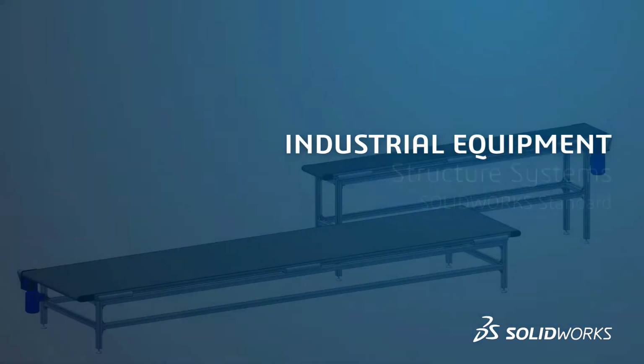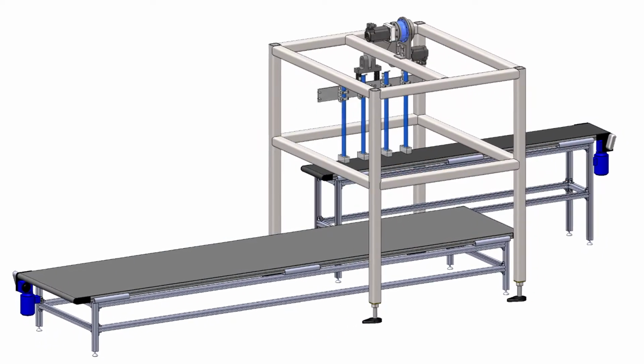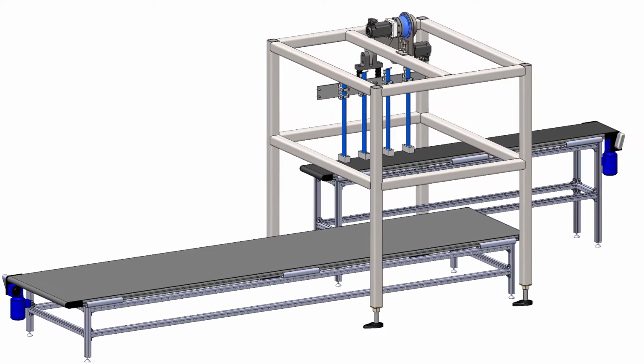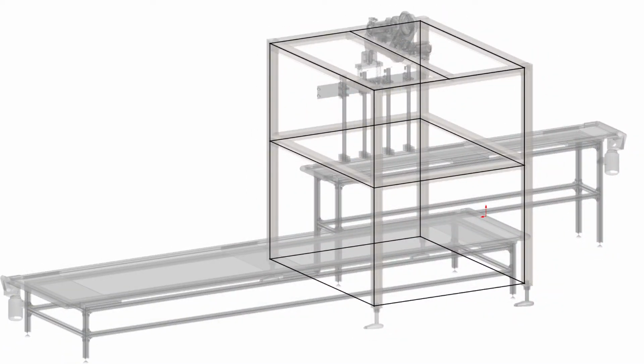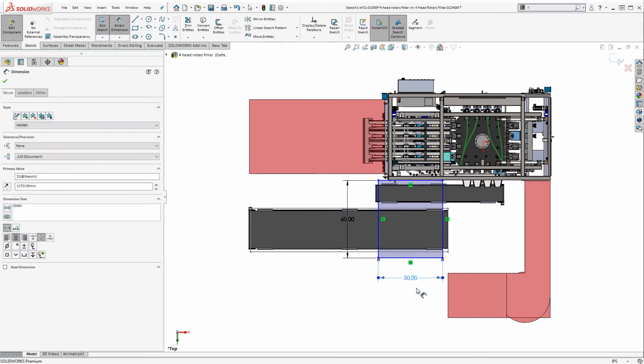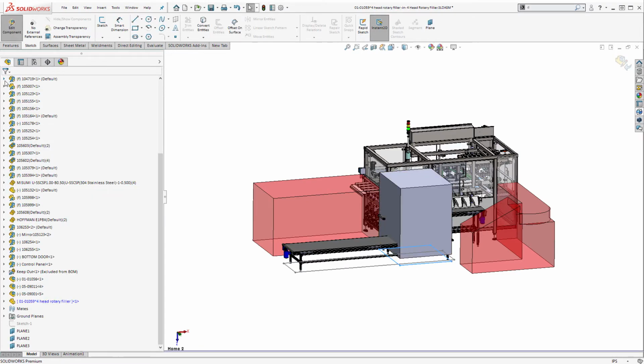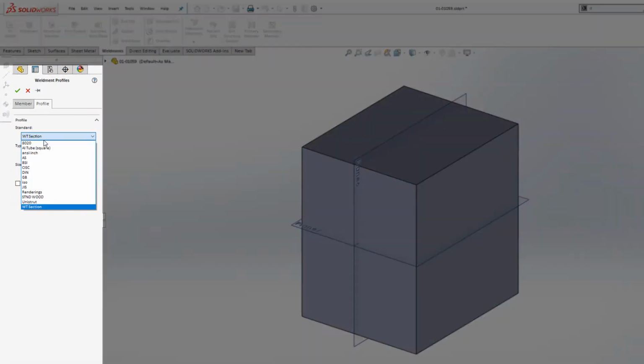Now that the 2 conveyors are in place, I'll need to design a frame to protect them while supporting the pick-and-place mechanism. In the past, we'd get started with a 3D sketch, but now it's even easier. With SOLIDWORKS Structure System, all I need to drive the design is an extrusion. I'll offset it from the ground for some foot levelers,